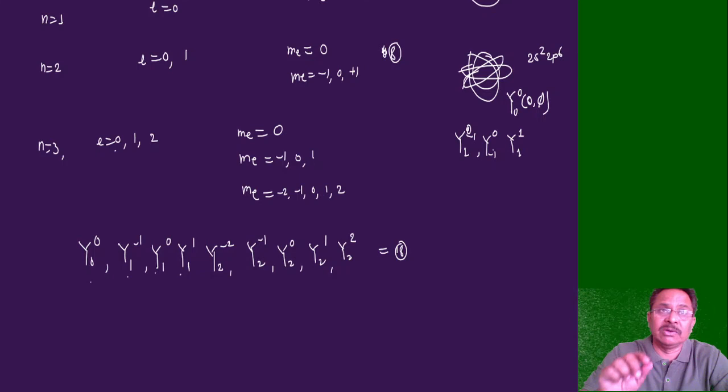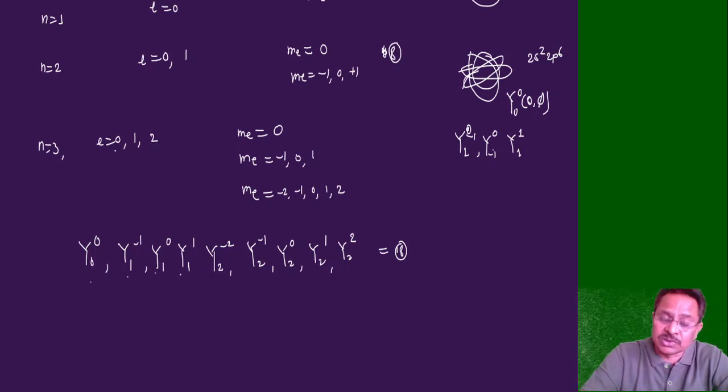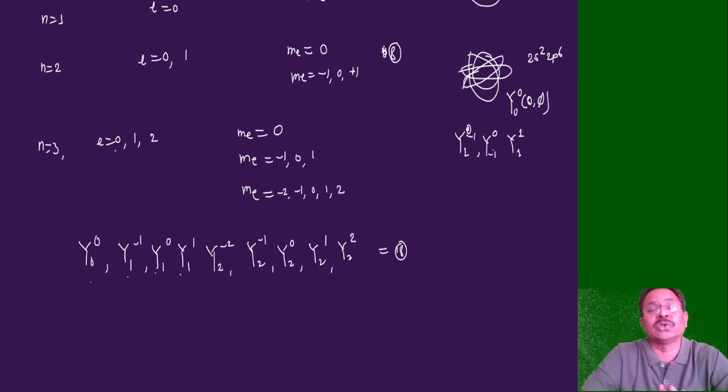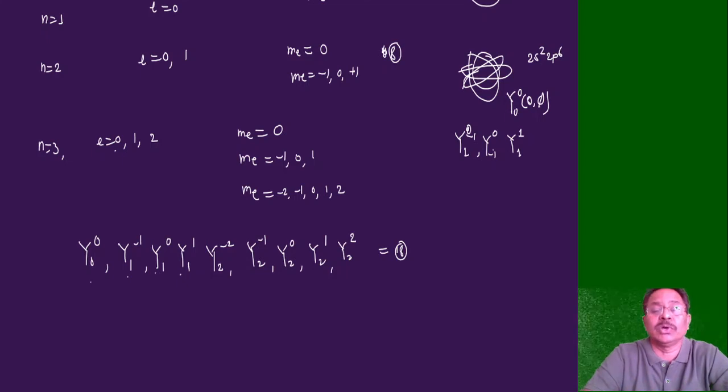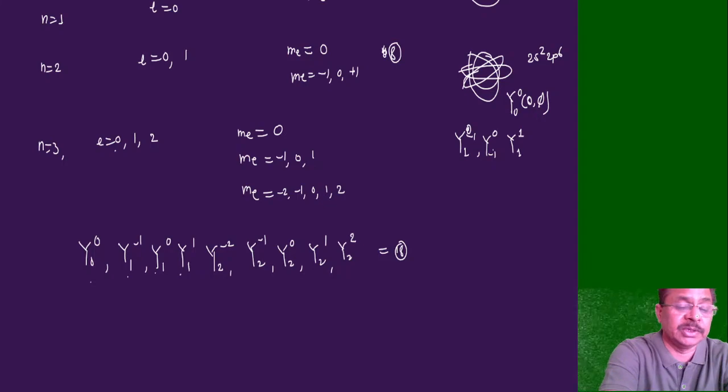In the next lecture we will go to the associated Legendre polynomial, or associated Legendre differential equation, how its solution can be obtained, and what its properties are, like orthogonality, the property of its generating function, and the Rodrigues formula for it. All the usual things we will discuss in the next lecture when we meet. Okay, so let me stop here. Thank you.